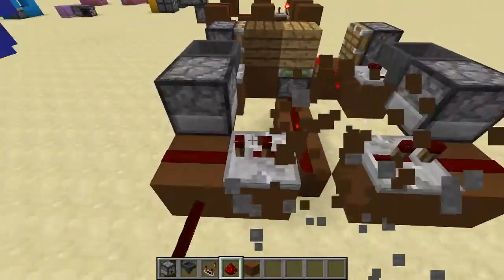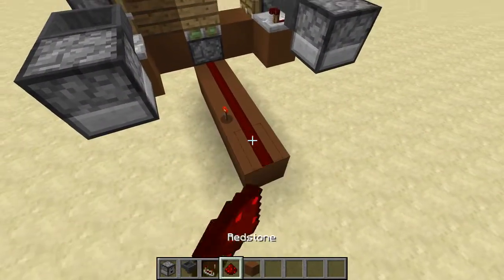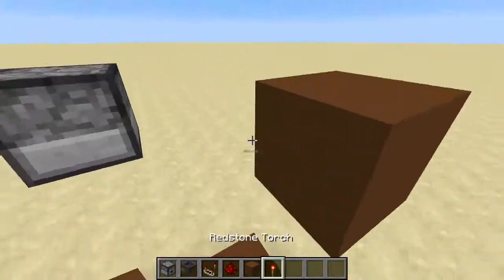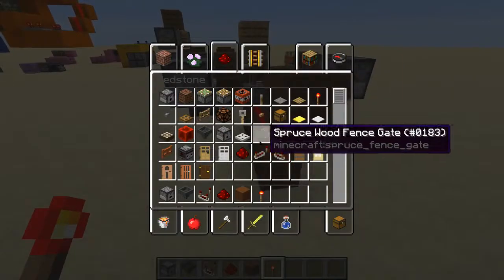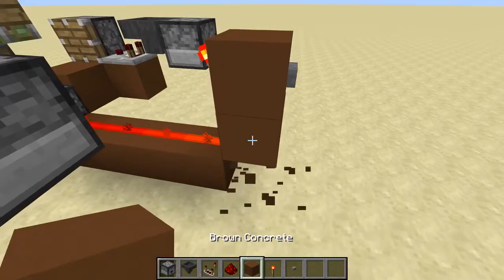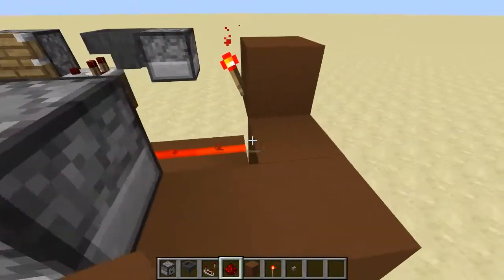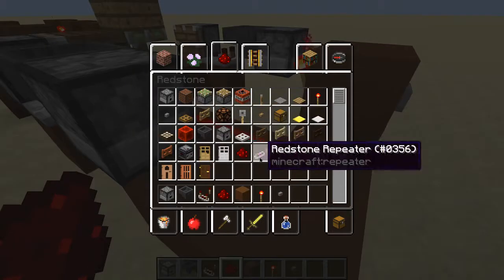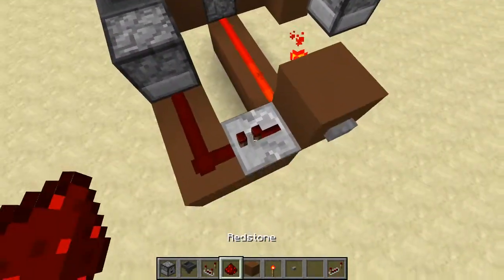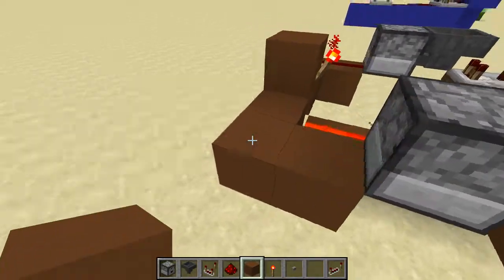So input needs to be extended back by a few blocks. That's all right. Yeah, we can pick that up from the ground there. Just need to get myself my button back. That way we can have the redstone dust running directly into the back of this, which should work. But as we saw with the repeater, it for some strange reason just wasn't working the way it normally should be. But anyway,